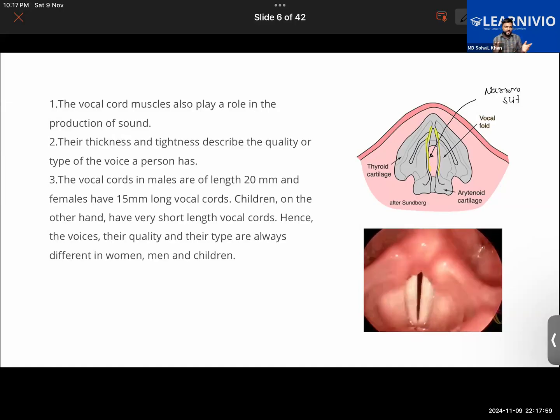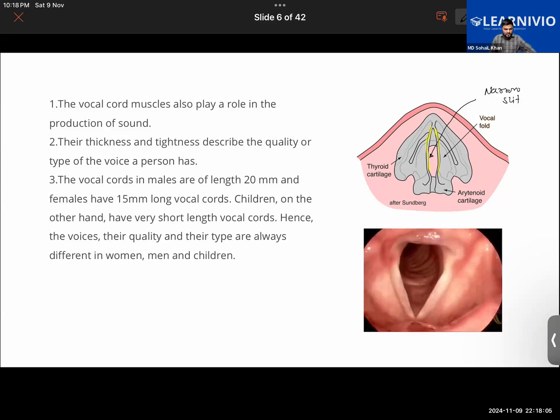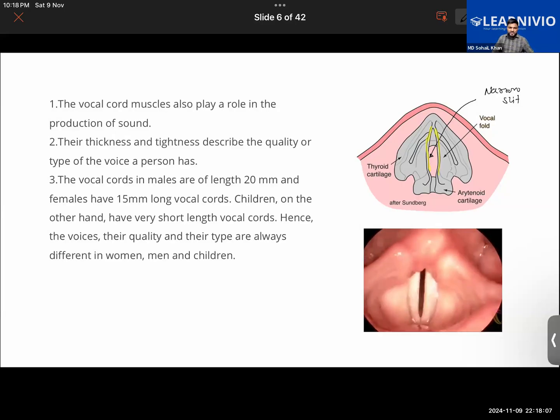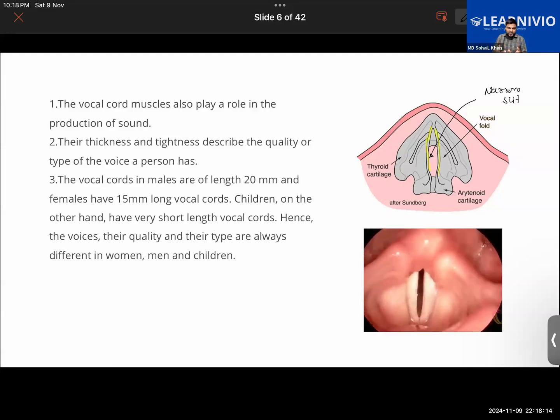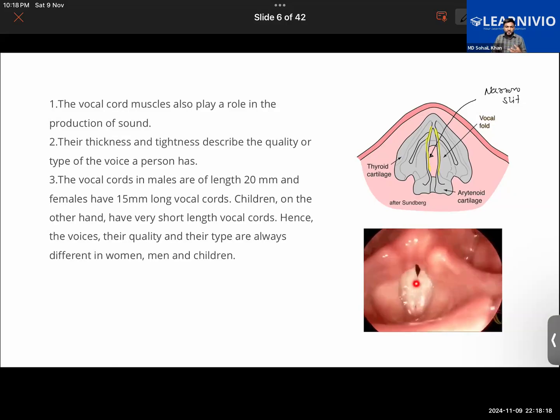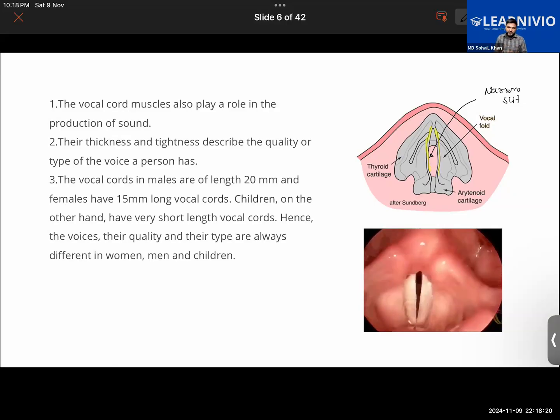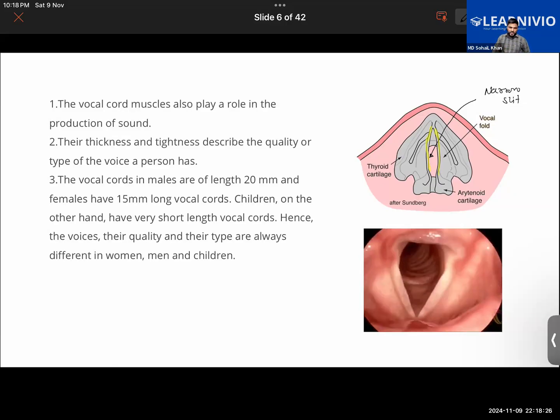Have you ever met any two people who have the same type of voice? Usually, that's a rare situation. So when we speak, the air passes through the voice box, and because of this, the larynx vibrates and hence produces the sound, right? And that we hear as our voice. Hope this much is clear to everyone.